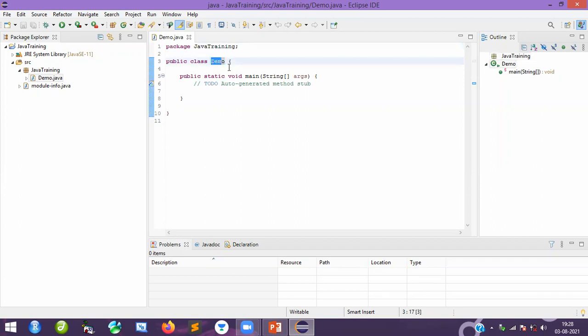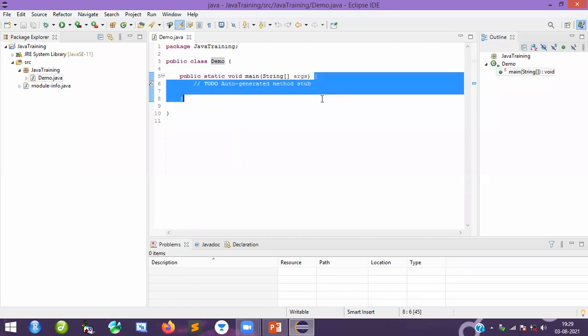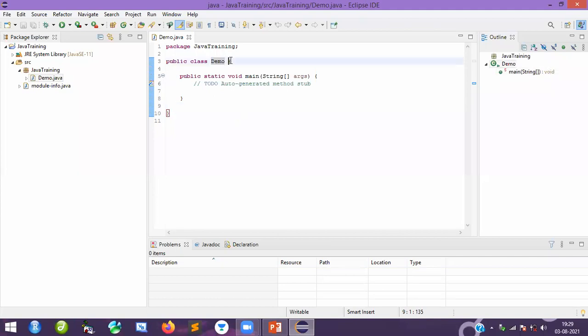Yesterday I told you, always you have to give the class name. Yesterday I gave one program, the Titanic program, right? So like that, we have a class. What is the class name? Class name is nothing but Demo. Again, you must have a main method. This is our main method. Again, the main method should have a body. So this is the body. Again, this is the class body. I will show you in just a moment.